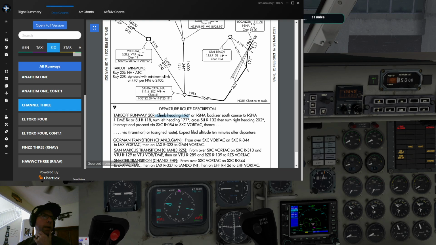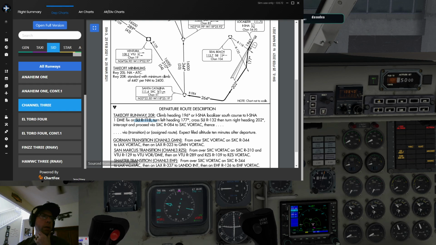Climb on a heading of 196, okay, until we cross over the John Wayne localizer, or we're going to climb on the John Wayne localizer south course until 1 DME, or, and this is the one that I'm going to do, so we're going to fly on a heading of 196 until the Seal